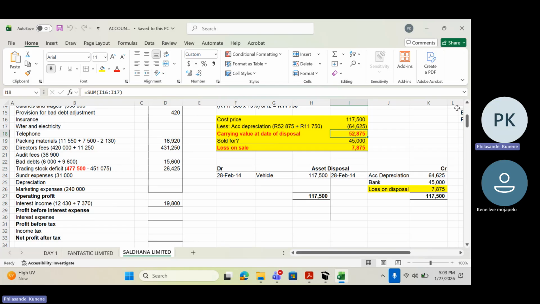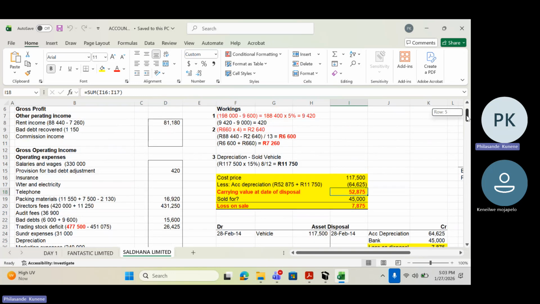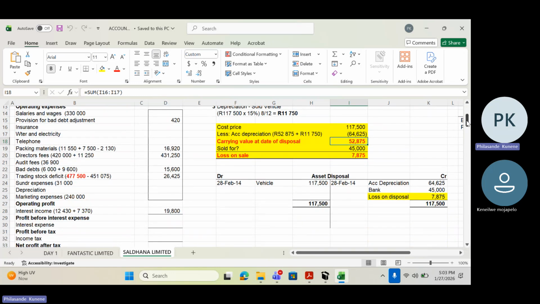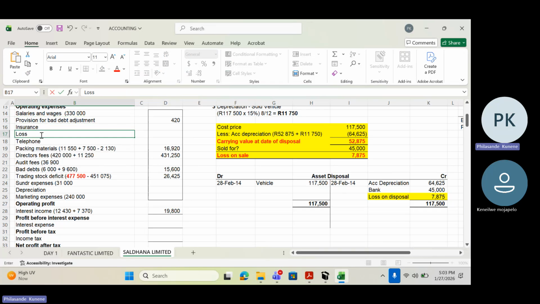So in this situation, there is a loss on disposal of how much? We made a loss of 7,875. That's what we calculated from yesterday. So obviously a loss will be an expense. So I can maybe just, what can I remove here? Let me just remove this water and electricity and say loss on disposal, right? On disposal of vehicle. It was the vehicle that we disposed, and it was calculated as what? As